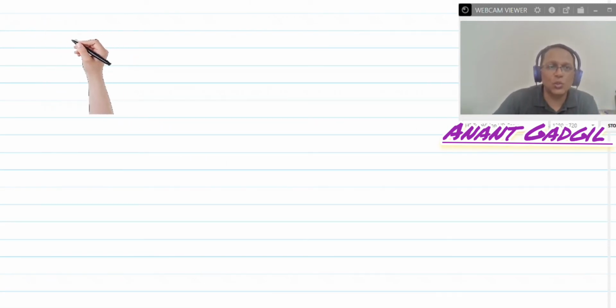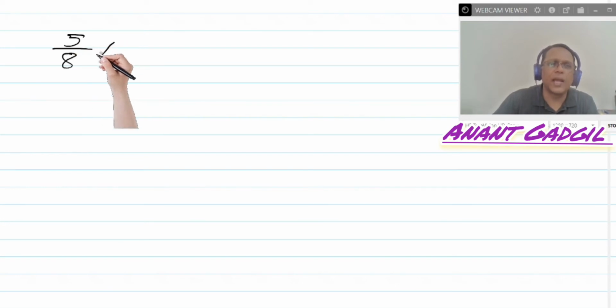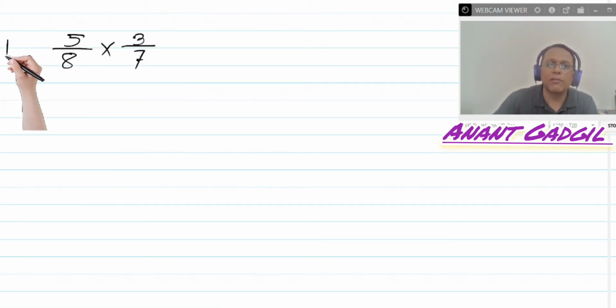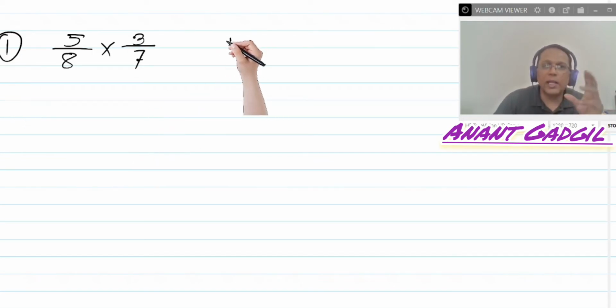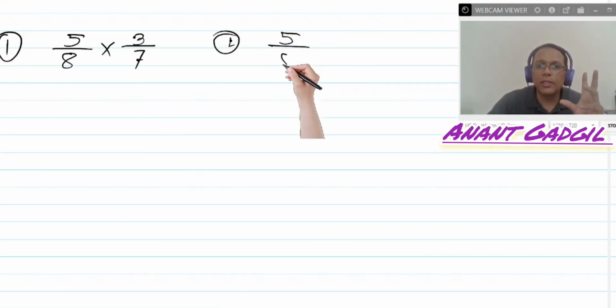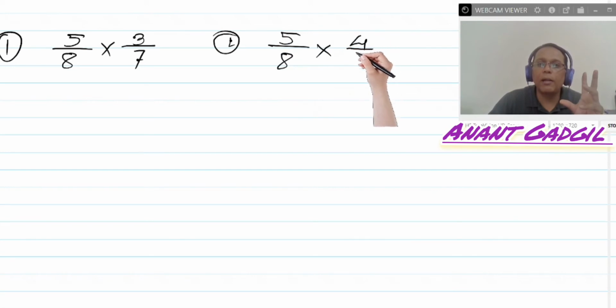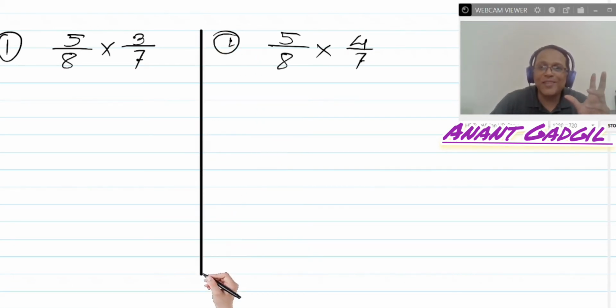So students, first question. It's very easy actually. Okay. 5 by 8 multiplied by 3 by 7. Now, very important thing here is I am going to give you two examples simultaneously. 5 by 8 multiplied by 4 by 7. Okay. So now what we have to do, what is the difference between these two questions, why I am taking